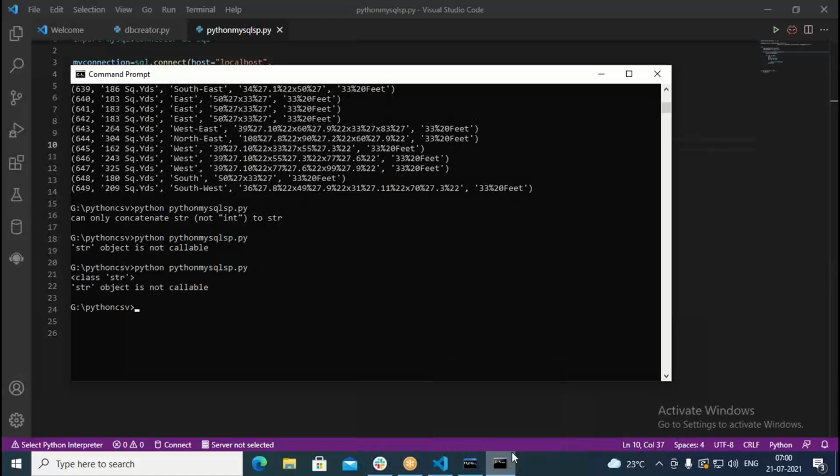I just go with this, then it says class str. So str object is not callable. If it is a string, in that case we can do it, otherwise we cannot.